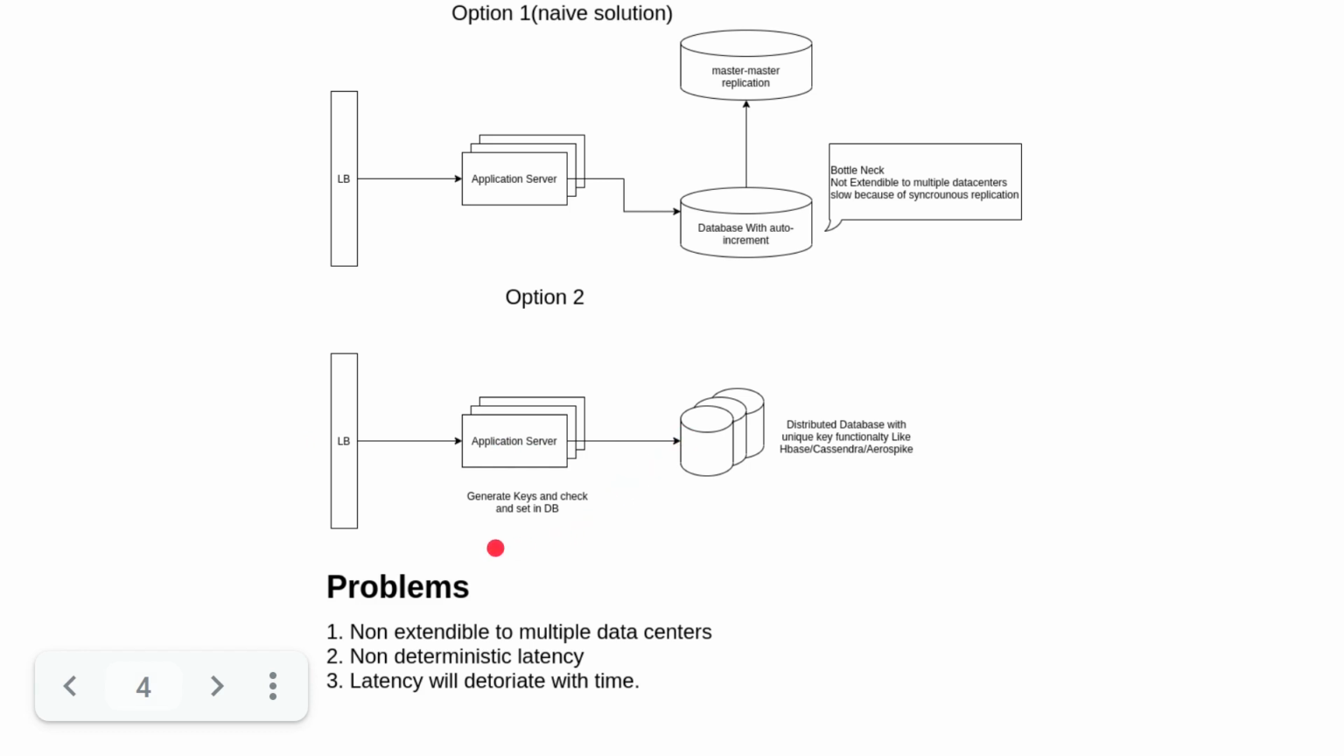So this approach has multiple problems. The first problem is, again, it is not extendable to multiple data centers. Second, non-deterministic latency, because we are generating random keys, and these random keys might or might not exist in the database. There is a possibility that we generate 10 different random keys and all of them are present in the database, and this latency will deteriorate with time,